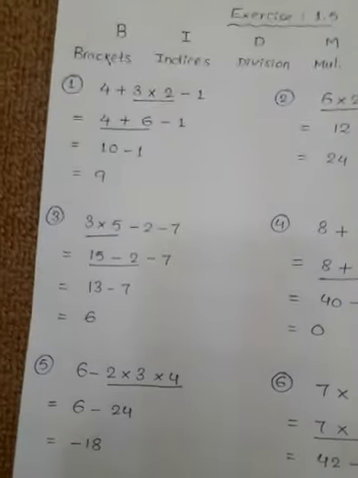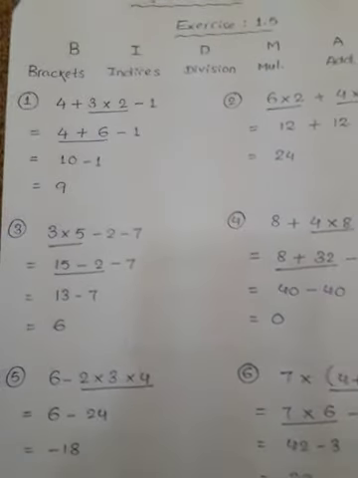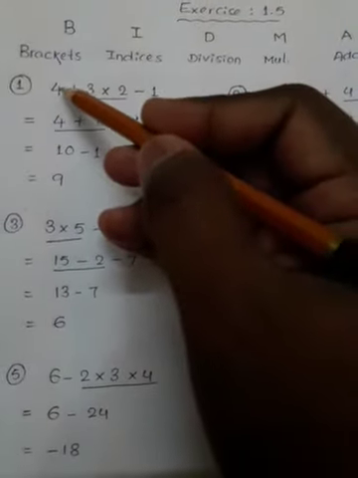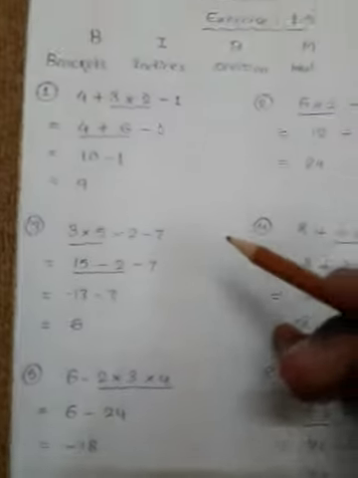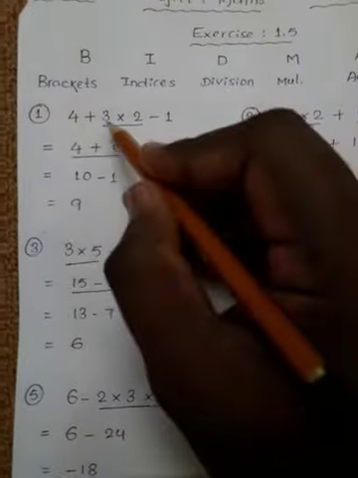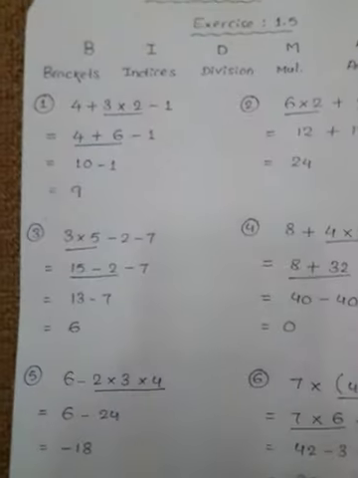And one more thing you have to remember in these questions: every time, the symbol is considered before the number. Like if I ask you what symbol 4 has, you said plus 4. That means before 4 is what? Plus. Okay, before 3 is plus, before 2 is multiplication, before 1 is minus. 1 has the negative symbol.